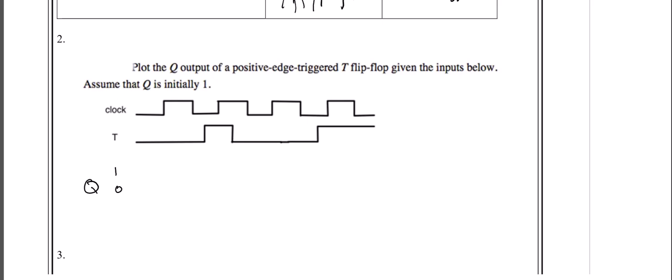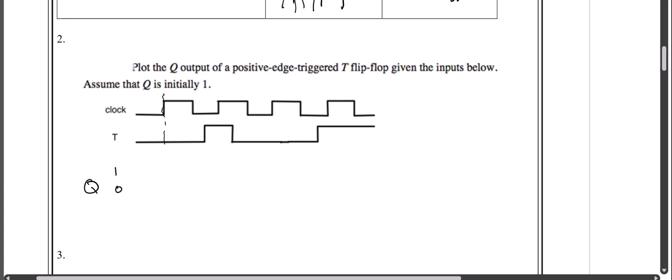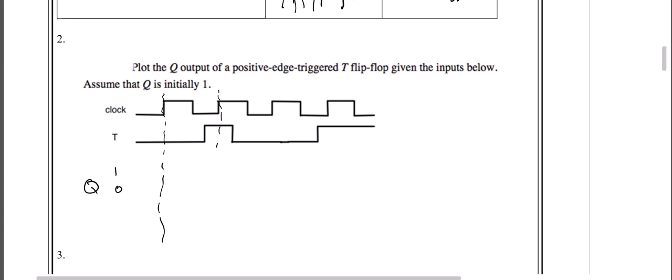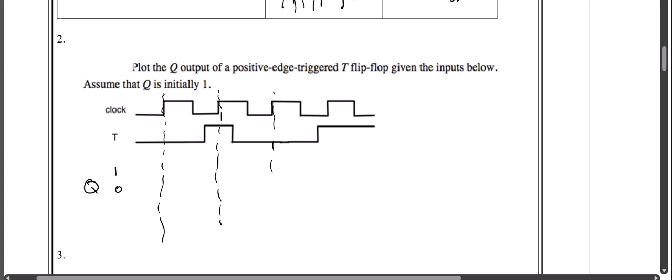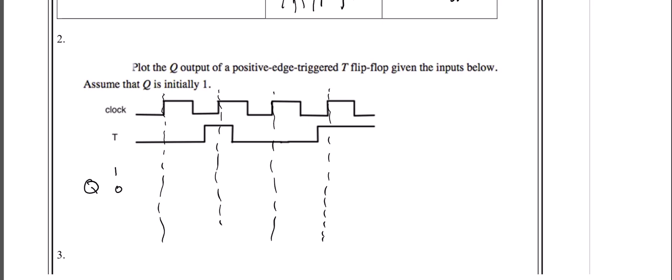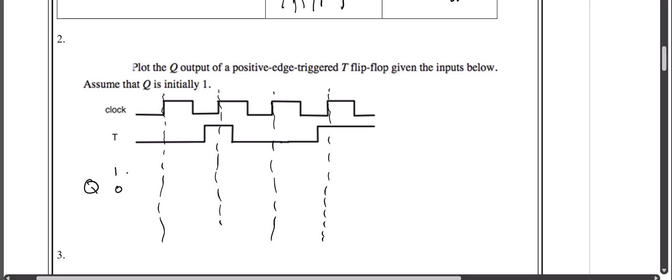Yep. Okay. So now let's look at the timing diagram of a T flip-flop. It says it's positive edge triggered. You can have positive edge triggered or negative edge triggered. Since it's positive edge triggered, I'm going to draw little vertical lines on the positive edge of the clock, because that's the only place that it can change. And we remember that with a T flip-flop, if T is 0, there's no change, and if T is 1, it toggles. It says assume that Q is initially 1. So I'll start with Q being 1,